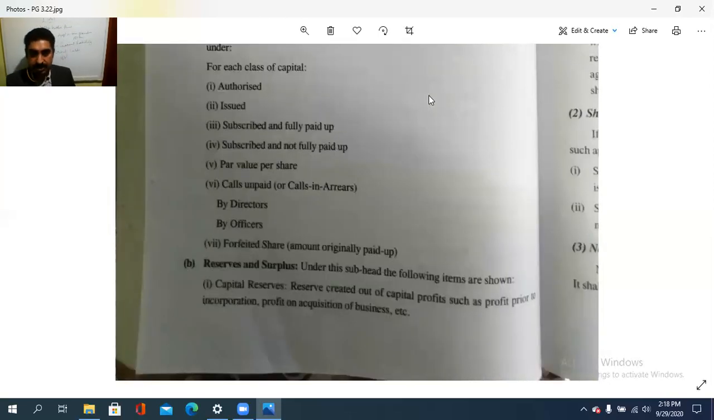Then reserves and surplus. Under this subhead, the following items are shown: capital reserve, that is reserve created out of the capital profit, that we studied in the first module, the middle part, isn't it? Appropriation of profits there. So capital reserve is a reserve created out of the capital profits such as profit prior to incorporation, profit on acquisition of business,